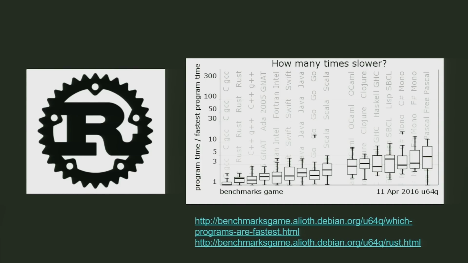But the important part is not specifically that. In this instance, there are columns that indicate which programming languages. The leftmost is the fastest and the rightmost is the slowest. The left is GCC with C. The second one is Rust. And the third one is C++ with G++. So the important part to me here is not strictly speaking that Rust is beating C++. The important part is that Rust is comparable to C and C++ in terms of speed overall.